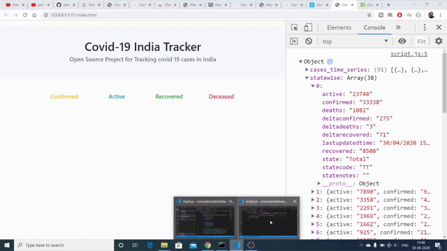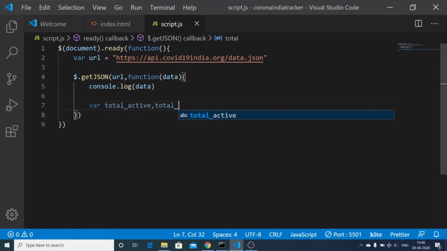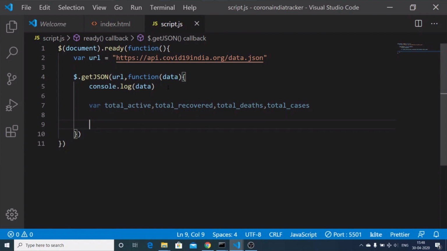So what we can do here is that first of all we need to declare these four variables: total active, total recovered, total deaths, and total cases, like this.